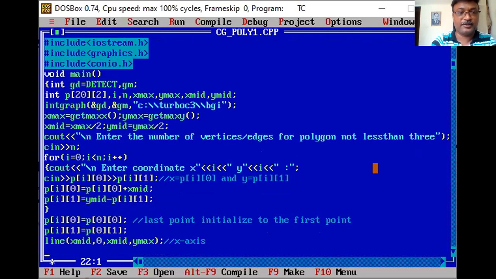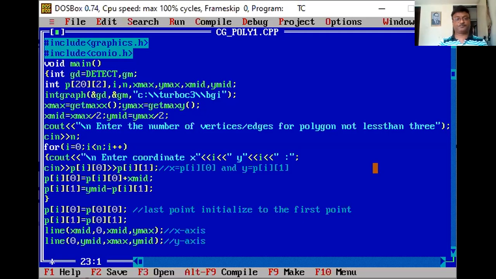Now the second line is my y-axis, 0, y mid. Whenever you start the x-axis, go with x mid, and when you draw the y-axis, go with 0, y mid. The remaining you can draw directly with x max and here y mid. So that becomes your Y axis. This is the axis you have drawn.